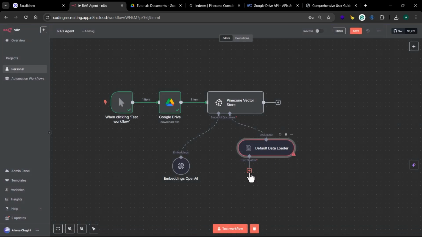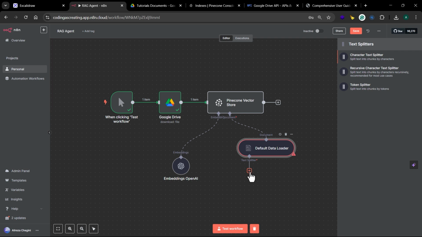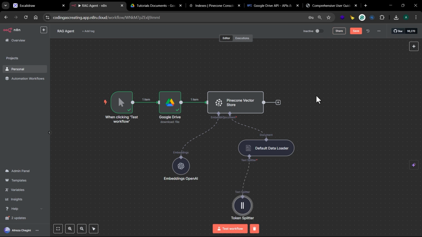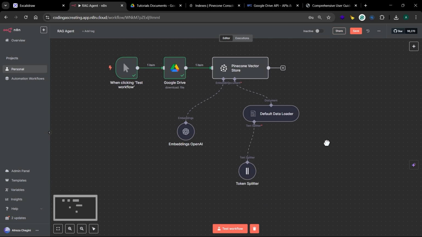And now we have the text splitter. For the text splitter, we can use the token splitter here. That should be fine. And the chunk size, we can also keep at 200 here. That should be fine. I think everything looks fine here. What we can do, we can test it here. So if I test workflow,